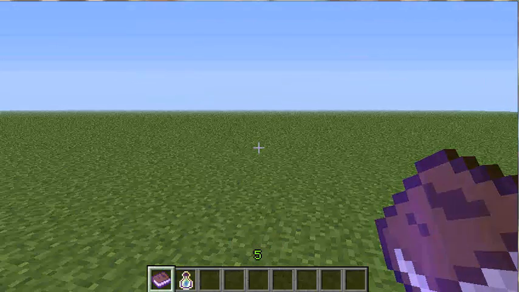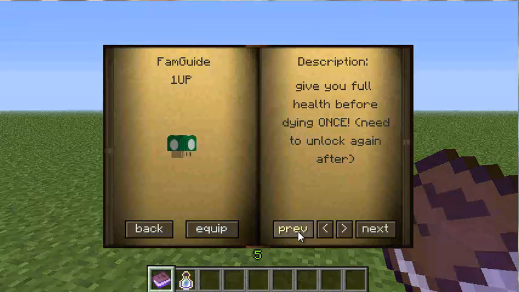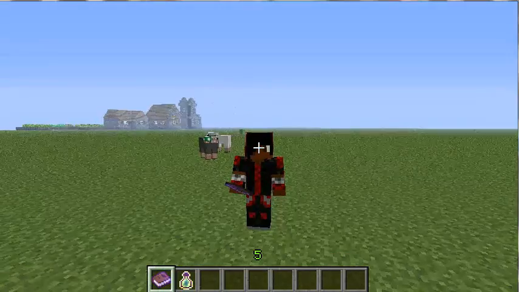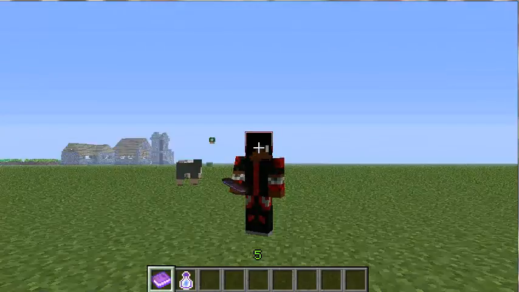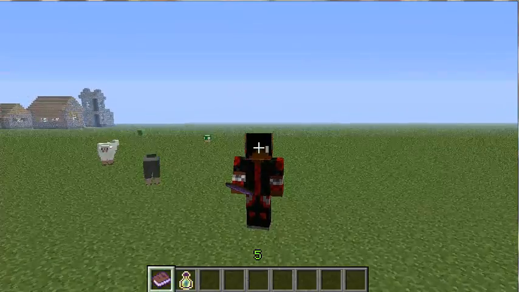So here is the fam guide. The fam guide, you have to open it, and here's one familiar I'm going to show to you. You just hit, this costs XP. This is the 1-Up Shroom. And right now I have him next to me, and he's just so cute. So what the 1-Up Shroom will do,